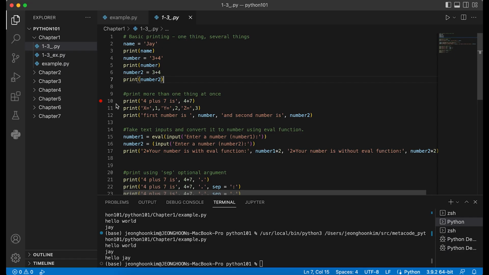The code will be executed until it hits the breakpoint. So the breakpoint is at line 10, right? So the code will run until before line 10, which is line 9.